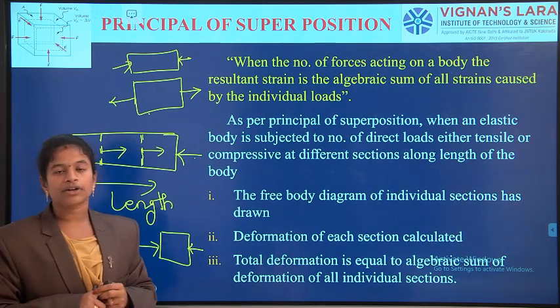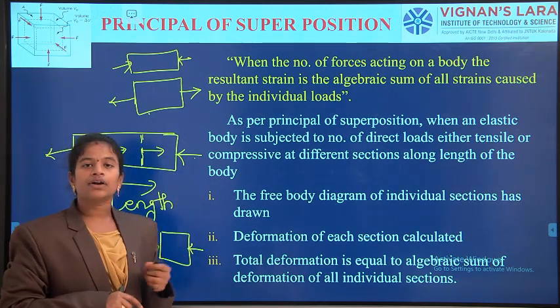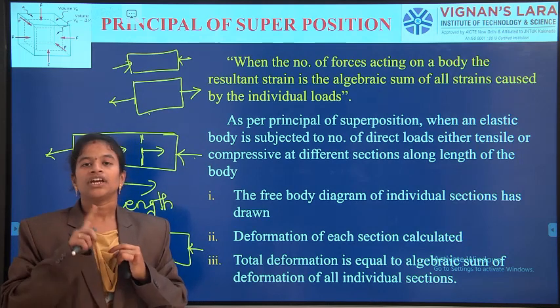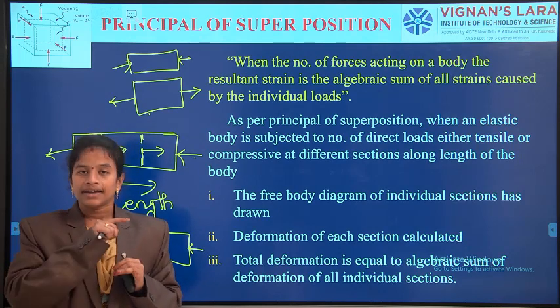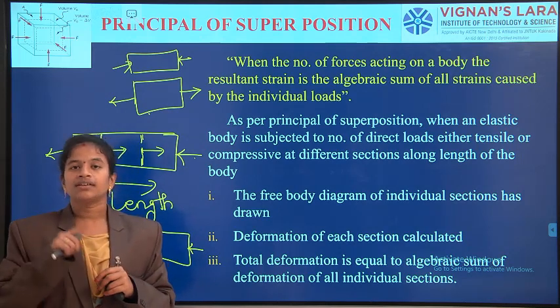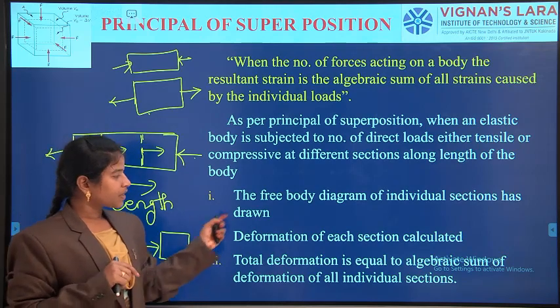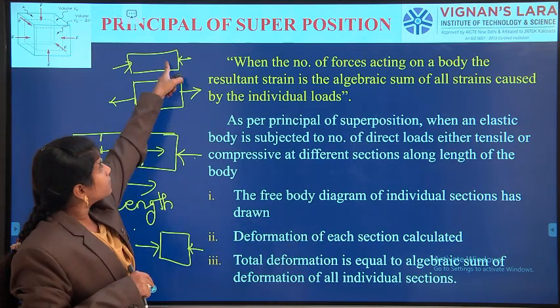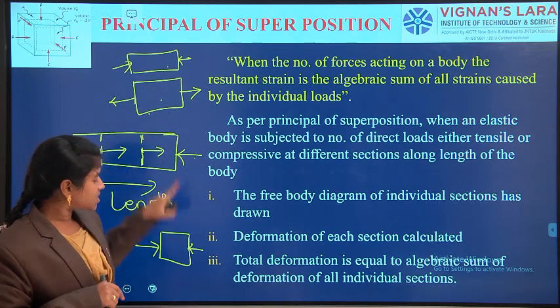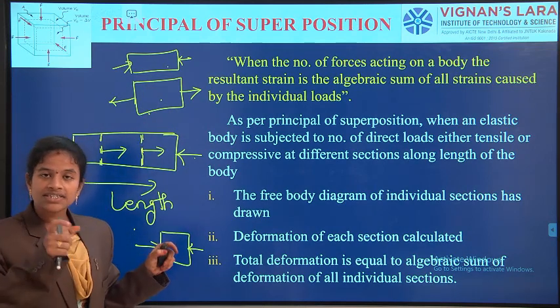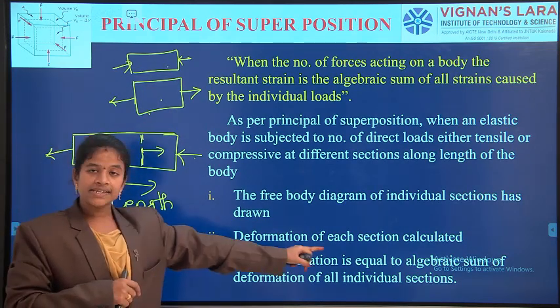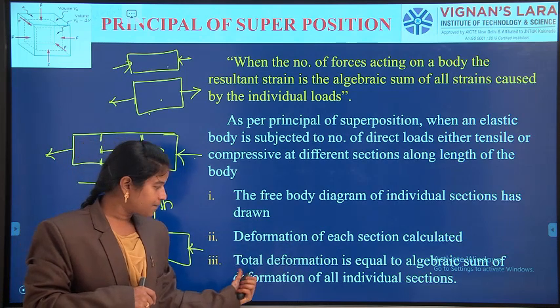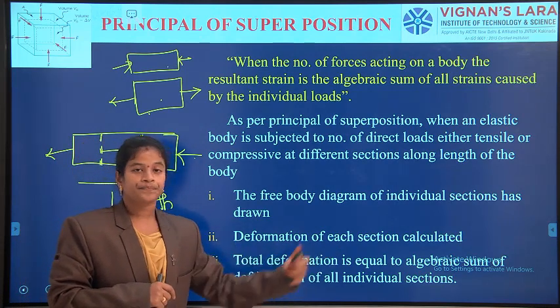Yes, we can calculate, because delta L is equal to applied load P into length of the member L divided by area of cross section into Young's modulus. So, deformation of each section: for this section delta L, for this section delta L, for this section delta L. Likewise, the change in length of each individual section will be calculated. And then total deformation